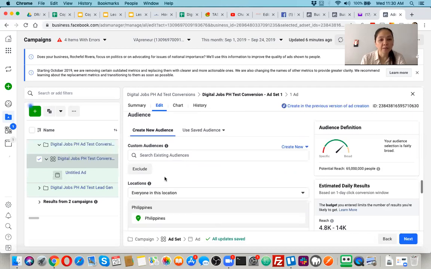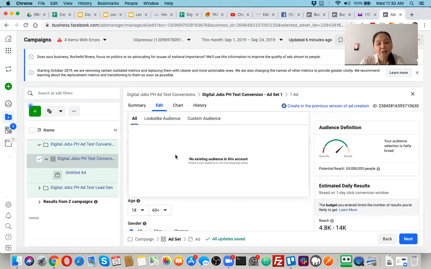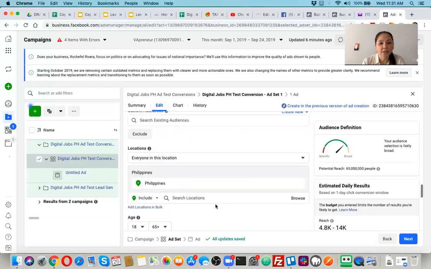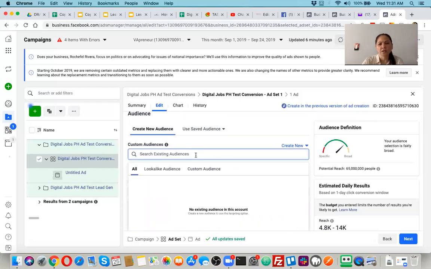Okay. So custom audiences, this is very important, guys, in creating custom audiences. Right now, there are no existing audiences in this account, meaning when you run the ad, it's not going to send it to a group of people. And that's why it's very important that we know how to target our audiences. Okay? So, for example, search existing audiences. For example, our target market are women,